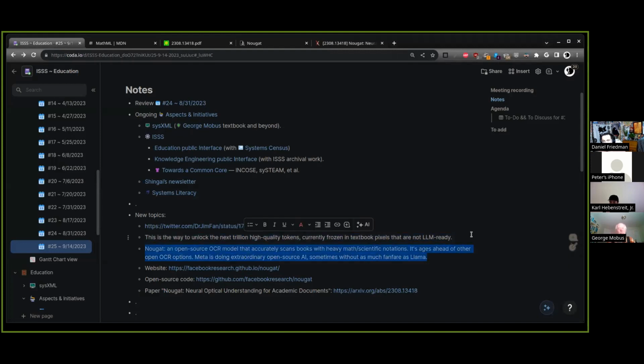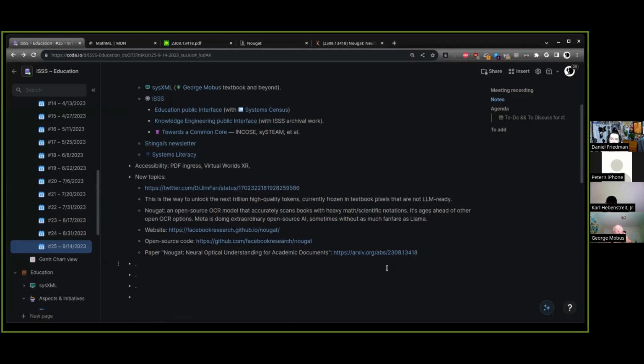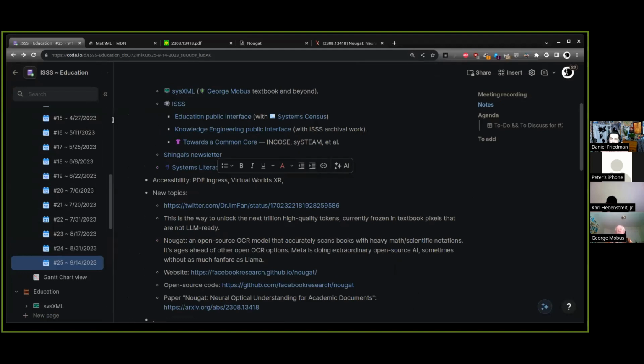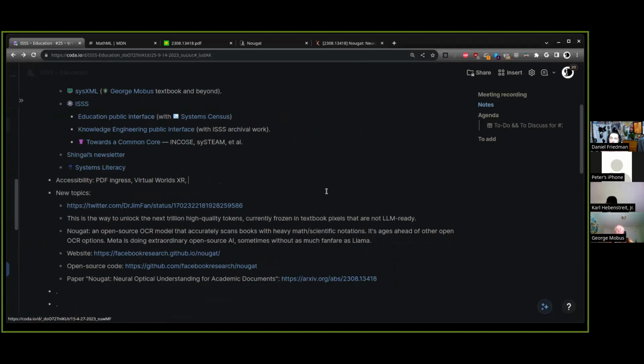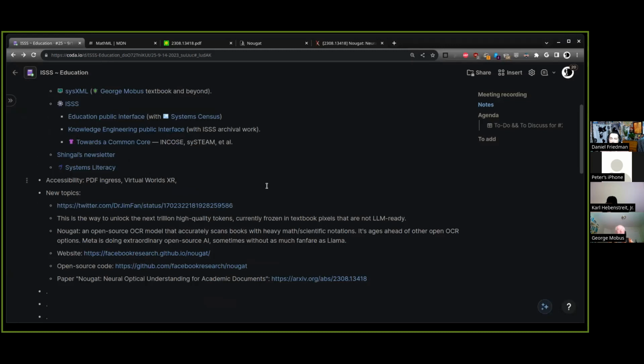So yeah, the three big pain points we have in accessibility are our PDFs, and the whole thing about virtual worlds. Now there's actually an XR accessibility community that I've started to make some contacts with, but are people with disabilities going to be excluded from these virtual worlds that are starting to emerge? That's technically a huge issue.